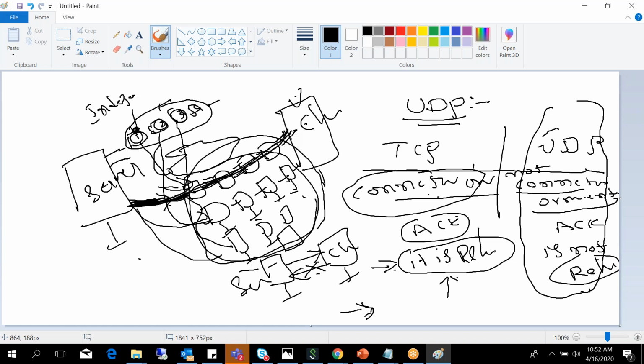But if you use the UDP case, and one road is blocked, you send your luggage in four different vehicles, on four different paths. Now one road is blocked, but the other three are good. So you will receive the other three vehicles at your destination, your home. That is one advantage of UDP.